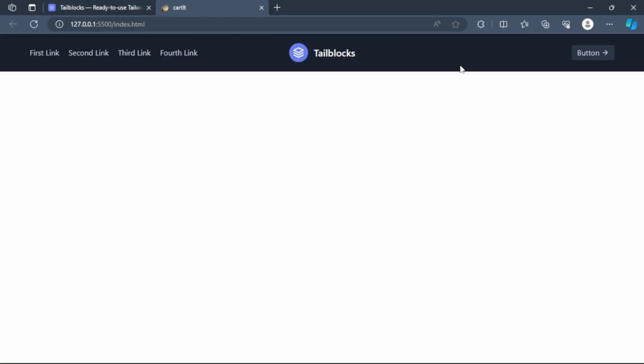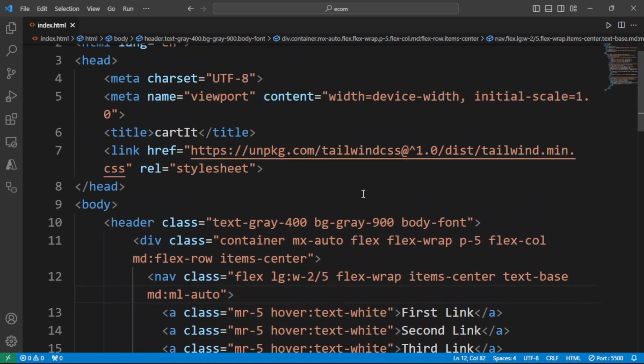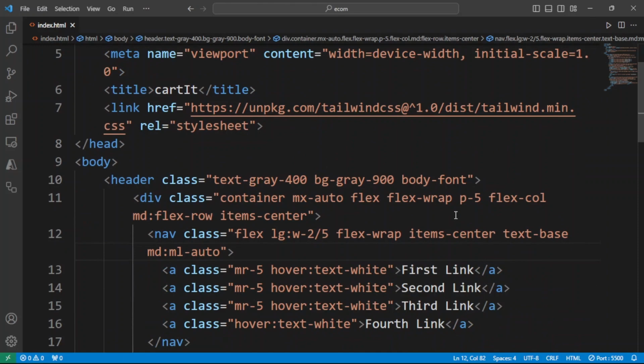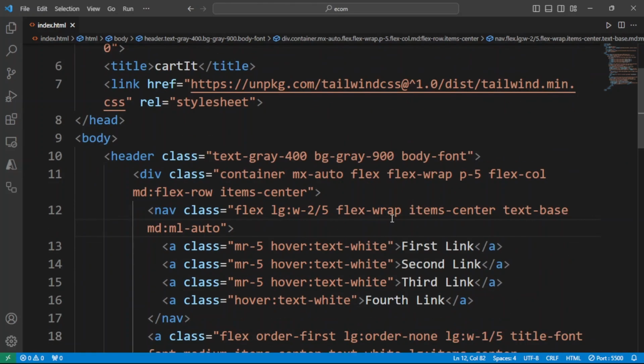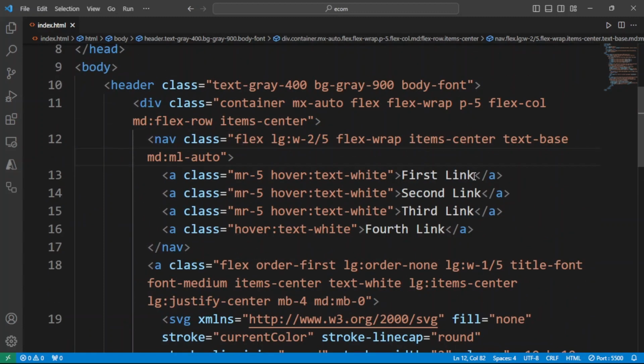As you can see here, this is my website. It's looking like this. As you can see here, it's written Tailblocks, first link, second link, third link, and fourth link. I can change it in my index.html file. So here in case of Tailblocks, I will write it as Cart It. First let's change these links. I will name this link as home,